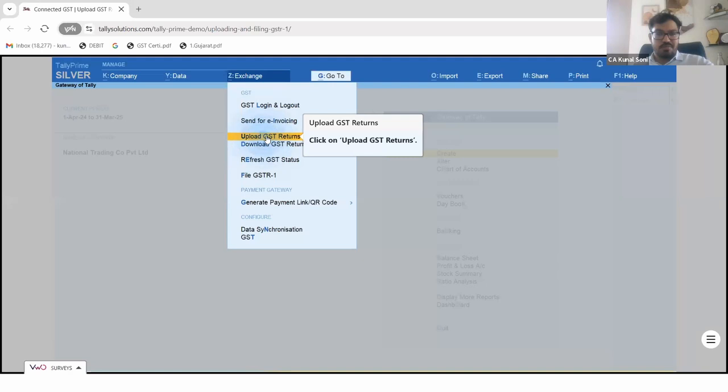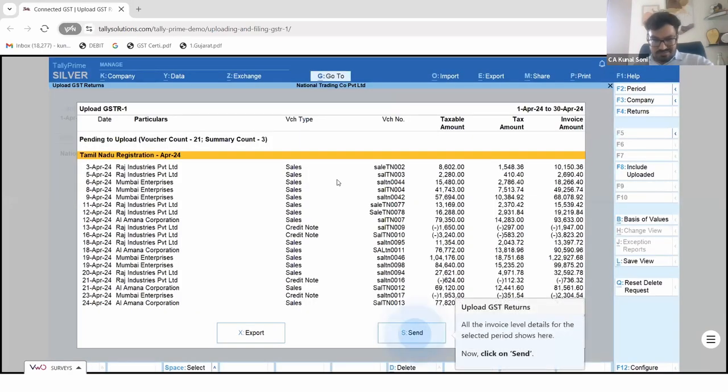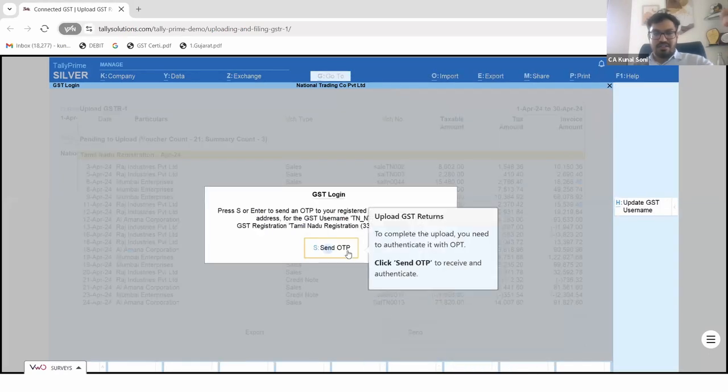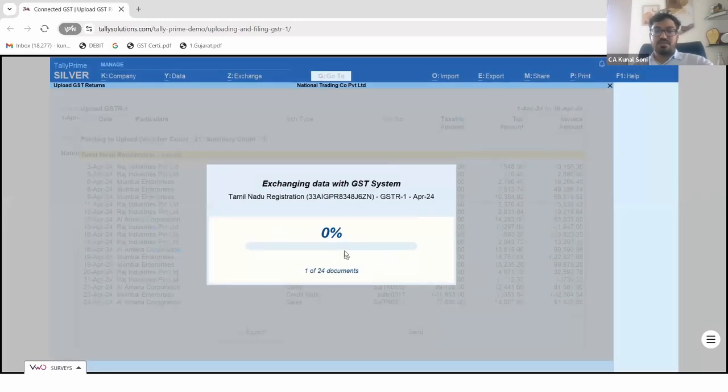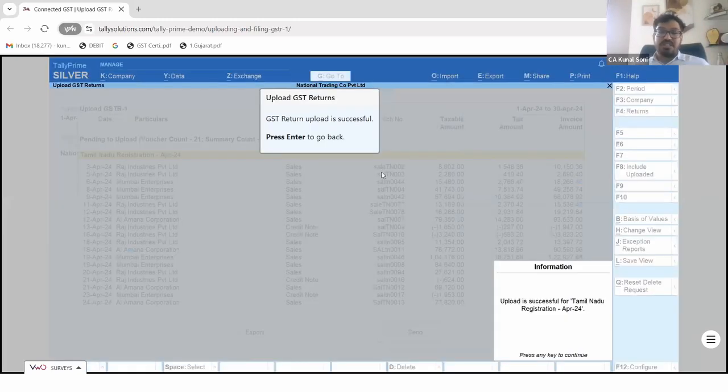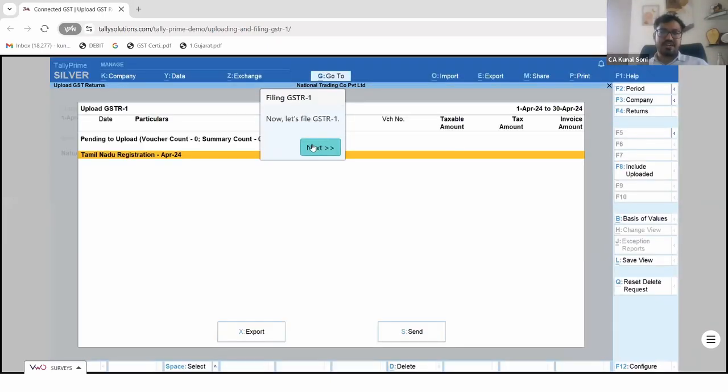See, there's an option here, upload GST return, GSTR1. Then all the things that are there in the GSTR1 in Tally would be fetched by itself. You could just click on send. There would be an OTP on your registered mail ID and mobile number. Once you enter it, all the details would be transmitted to the GST portal. So this is how it basically works. Once you have sent all the details,